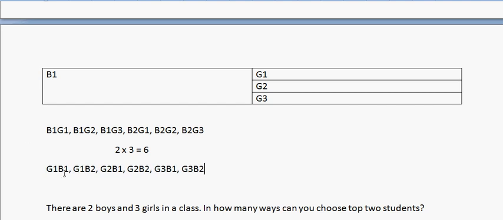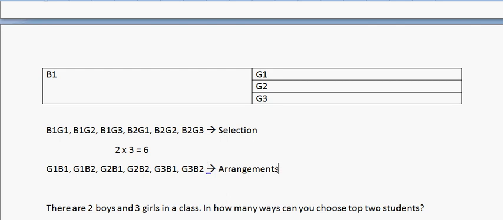B1 G1 and G1 B1 are the same, and it does not make any difference whether we write it as B1 G1 or G1 B1, right? So both of them are the same, but there can be a case where B1 G1 and G1 B1 are different, right? Here what we are doing we call selection, right? Selection means we are selecting one, then another. Here what we are doing is arrangements, right? So this is the basic difference. If we combine both these two, we would get 12 ways, right? So these are the arrangements,